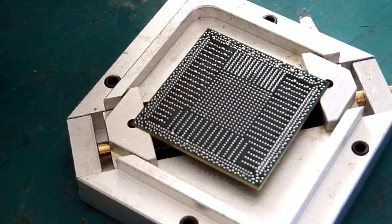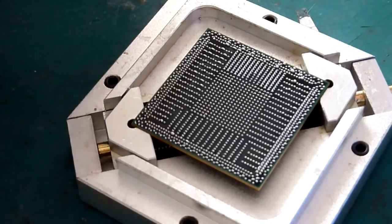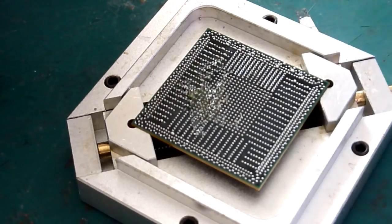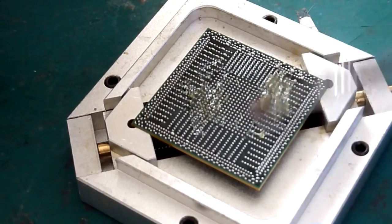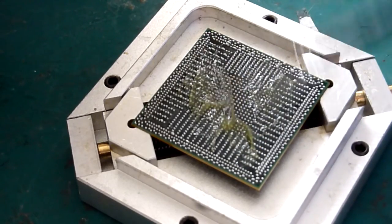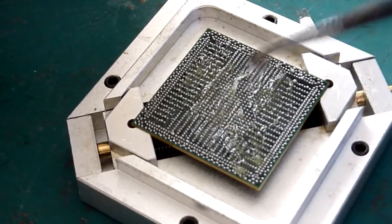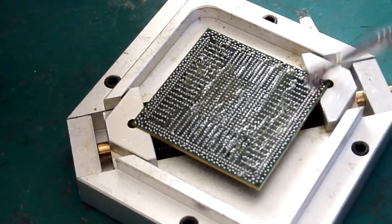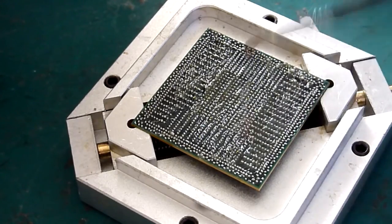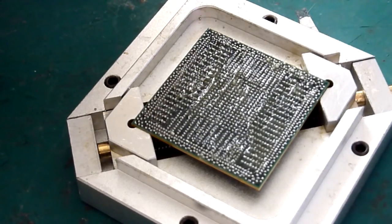First things first, we're just going to flux this chip up. You want to give the chip a fairly decent coating of this stuff. We're going to clean it off at the end of this process anyway, so don't be too frightened of sticking a fair bit on there. Make sure there's a good even coating across the surface of the BGA. As I say, make sure your fume extraction is on and working. And once you've done that,